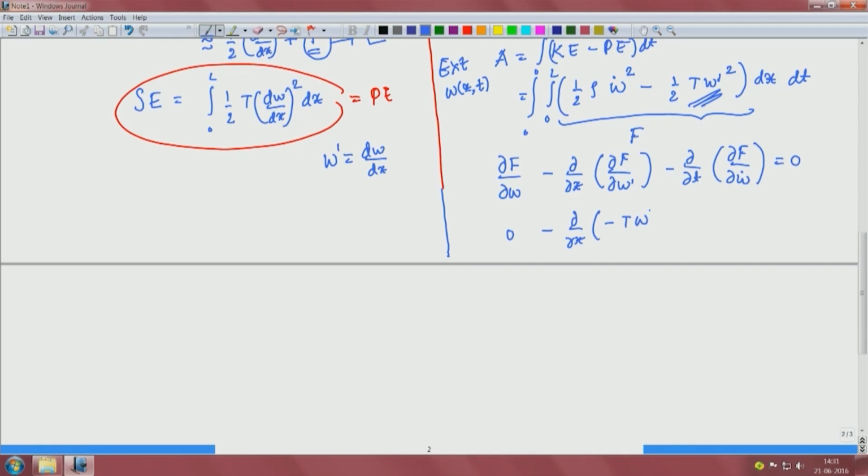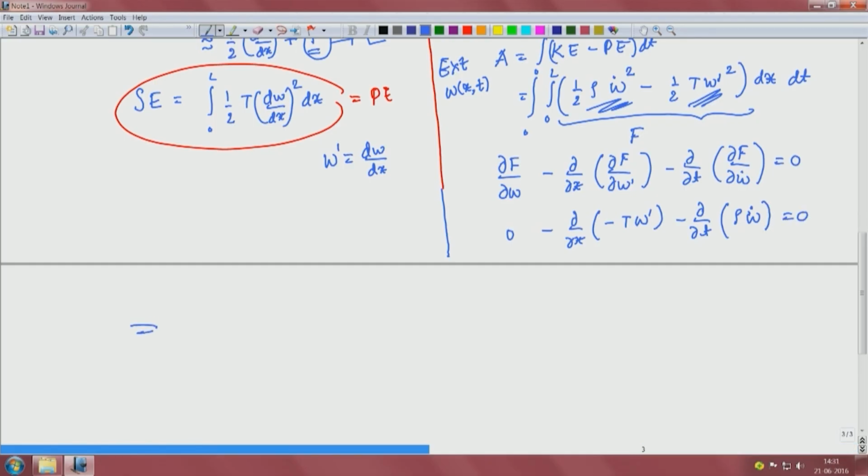So, I get w prime minus ∂/∂t of again half and 2 in ω dot square will go, it will be ρ w dot, that will become ρ w dot equal to 0, or what we get is here minus of minus plus, we get T w double prime, and over here